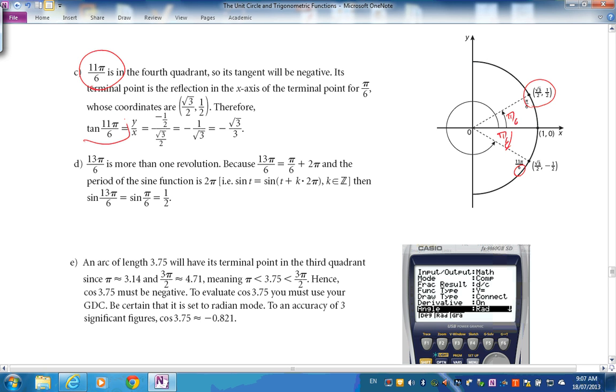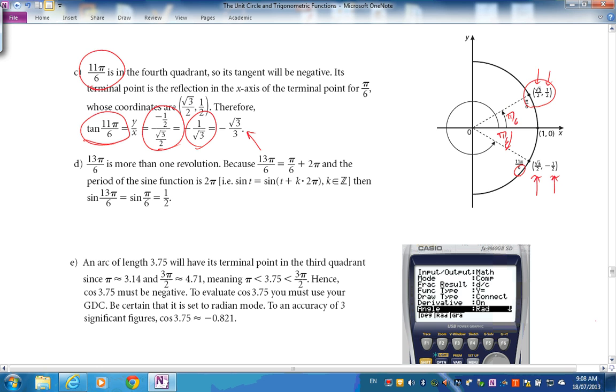We want the tan. So these values will be the same in size to these, due to that congruent idea. So we have the sine is neg a half, and the cos is root 3 on 2. So come over here: neg a half over root 3 on 2, which is neg 1 on root 3. And you should multiply top and bottom by root 3 to get the simplest surd form, which is